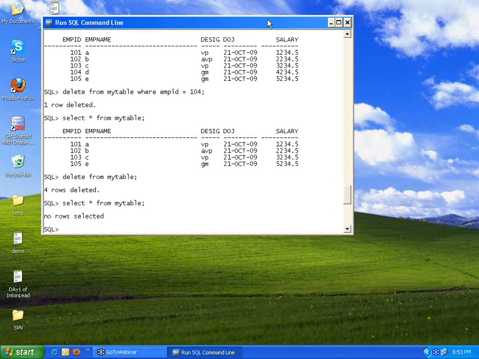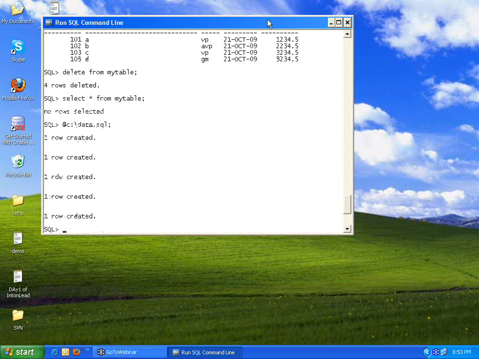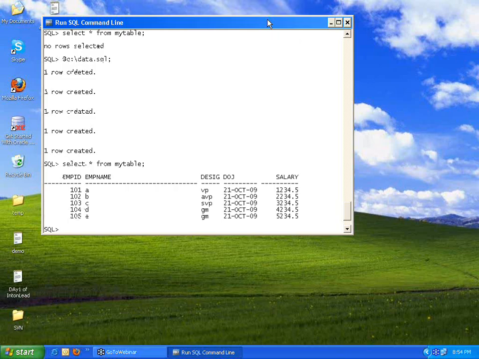Now let me re-execute this at c:/data.sql, because it's always useful if you have some data in an SQL file, you can re-execute without retyping those commands. That's got 5 rows back. Now if I use truncate table, my table, okay.